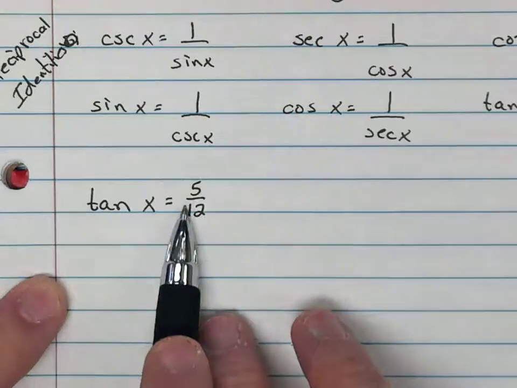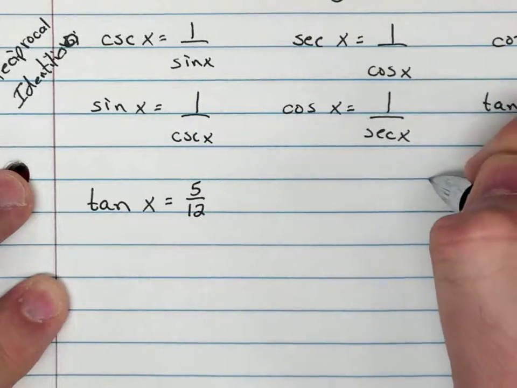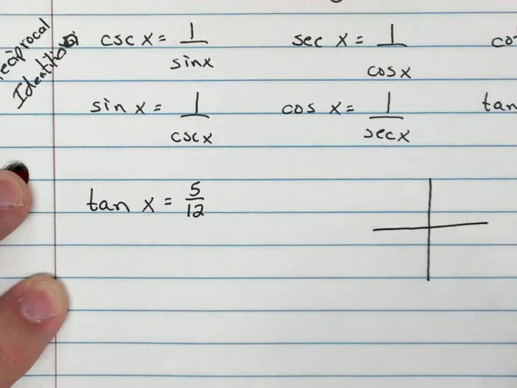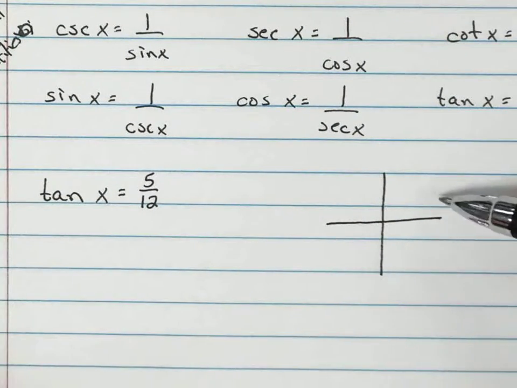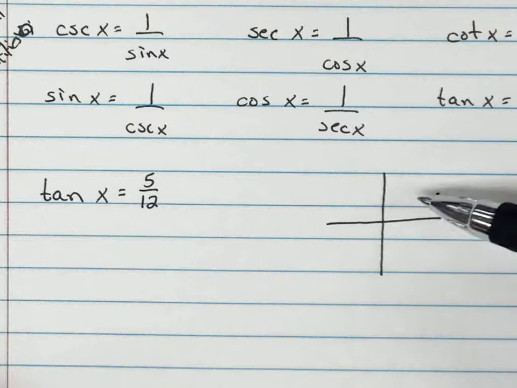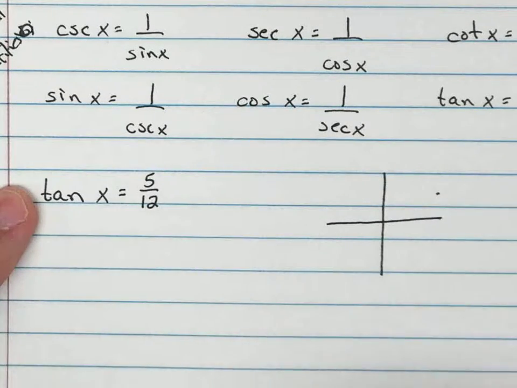They can't just give you this. Does everybody understand why they can't just give you this? Because if they just say the tangent is 5/12, where are you? We could be here, but where else could we be? 3. We don't know which quadrant we're in. So they've got to give you this other information, and they're going to either just straight out tell you that